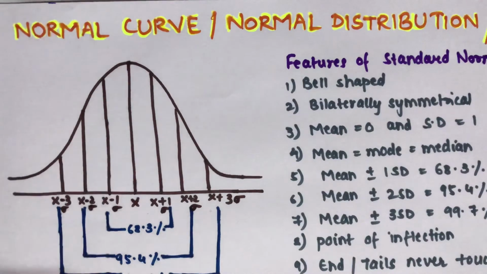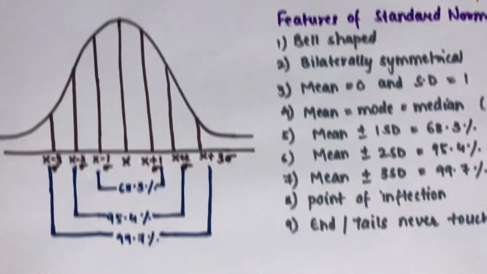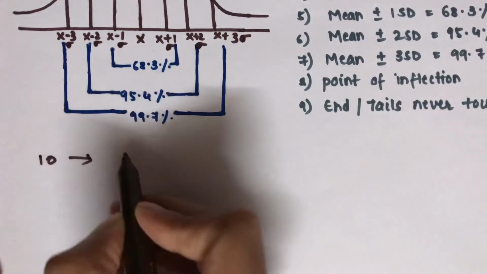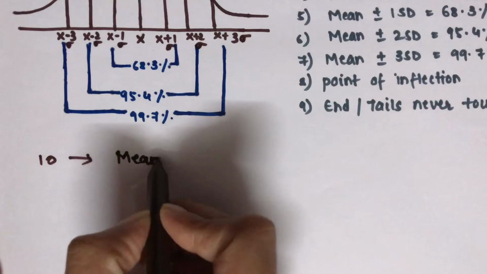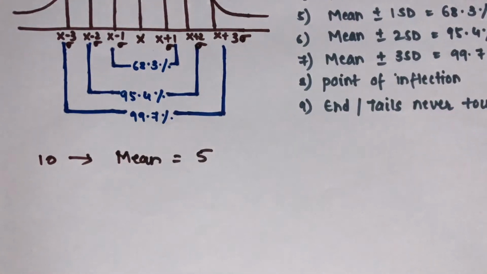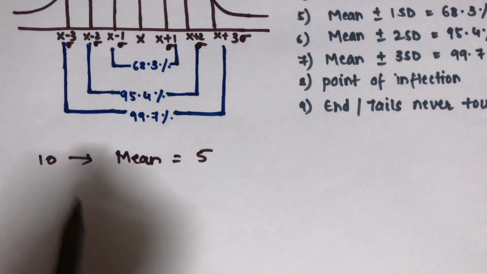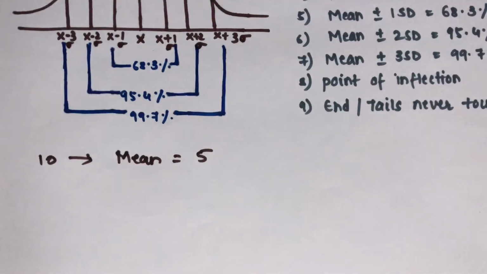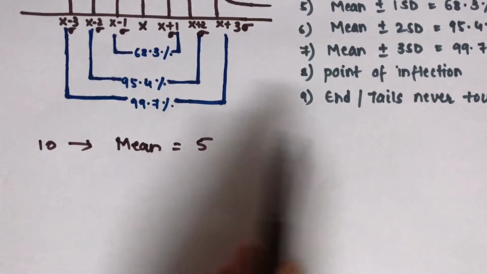For example, there is a group of 10 people. The mean of the carious teeth in this group of 10 people is 5. Does that mean all these 10 people have 5 carious teeth? Obviously it's not possible. Hence we have the measures of dispersion, which I have already covered, and in that we tell how the data is dispersed or spread around the central tendency.